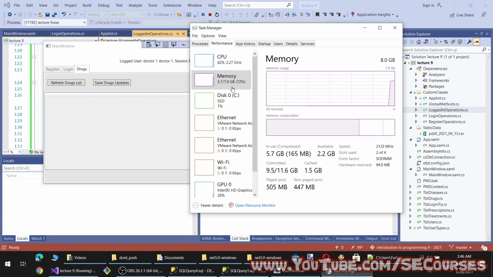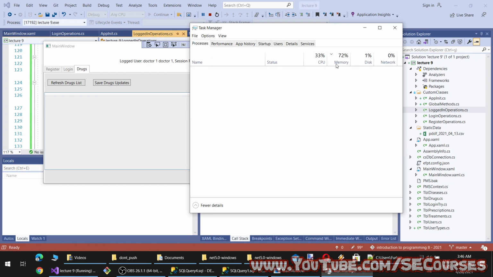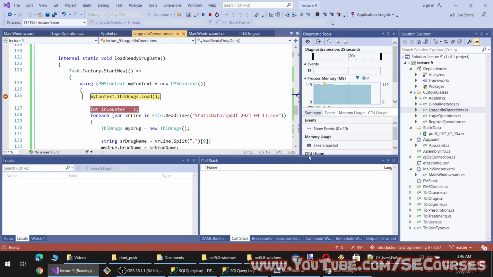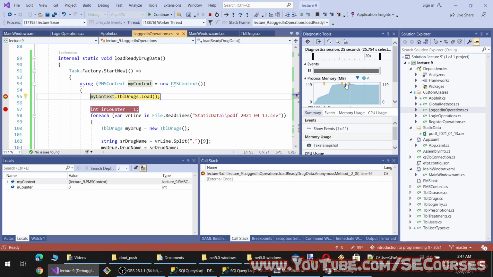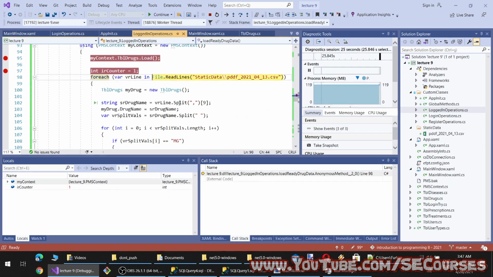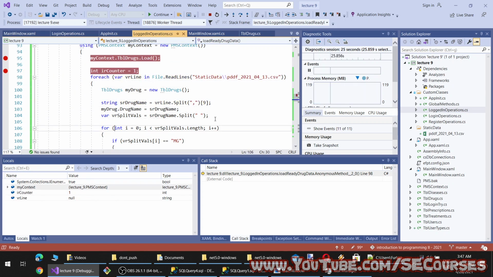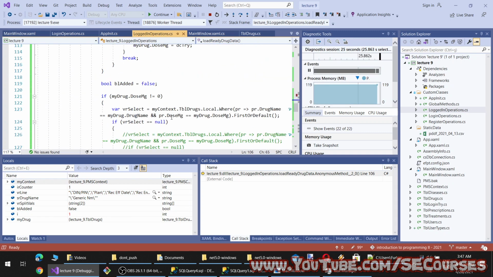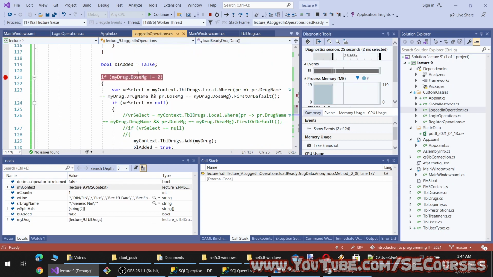Okay, let's see. We are at 700 megabyte. And okay, we can see we have got 120 megabyte. Okay, it didn't even increase anything. I don't know if it did work. Okay, let's go to this part, jump, and oh, it was 0.